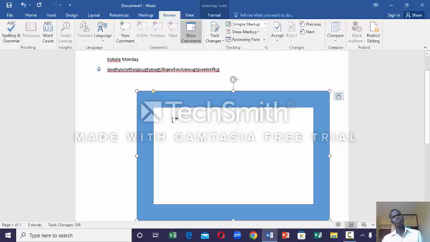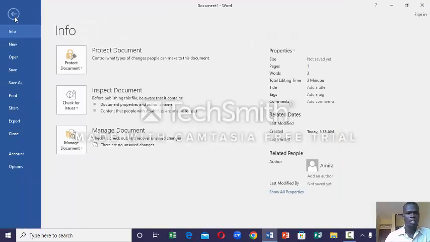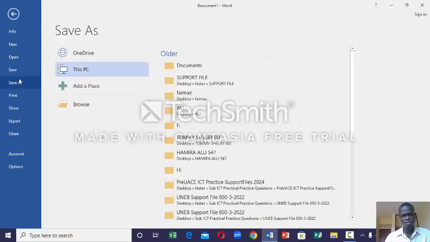Directly, let me take you through now how to save it. In case I want to save this one here, I was just using a rough copy. After I've typed it, to save it I go direct to File. You come to File, then Save As. This is what we call Save As, and then you come to PC. From PC you come to Desktop.